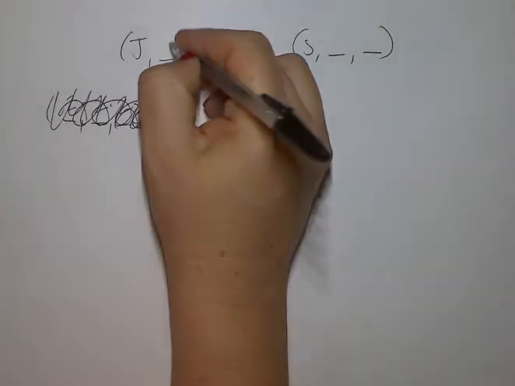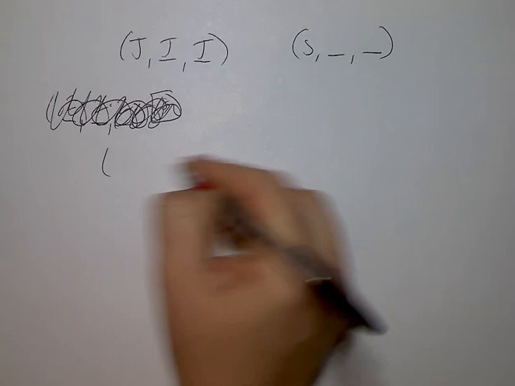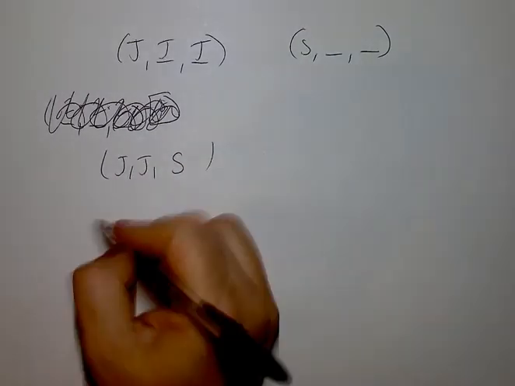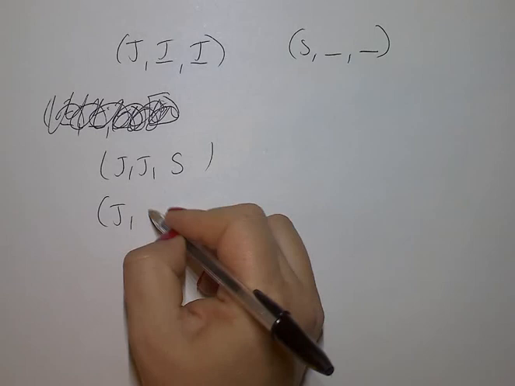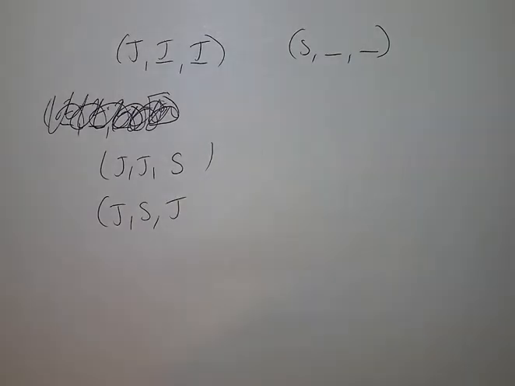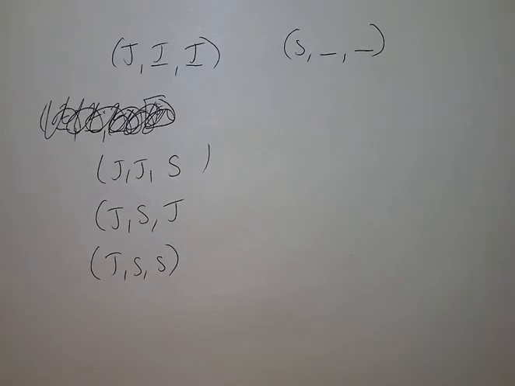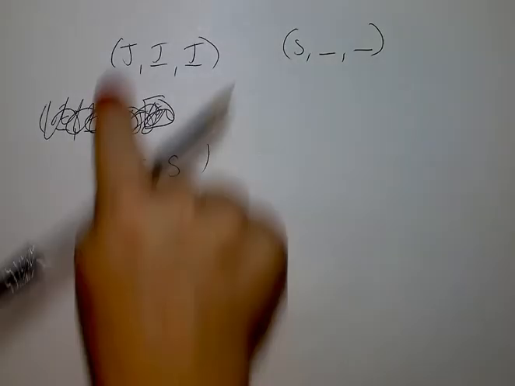It could be junior, junior, junior. It could be junior, junior, sophomore. It could be junior, sophomore, junior. Or it could be junior, sophomore, sophomore. Now I don't want to overthink this, so what I'm going to do is I'm going to take exactly what